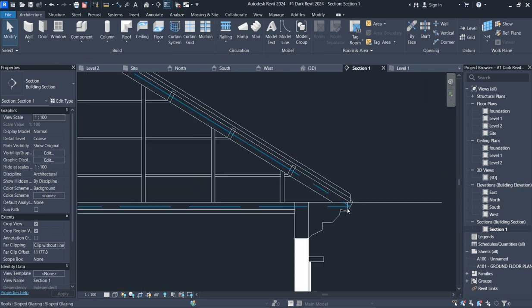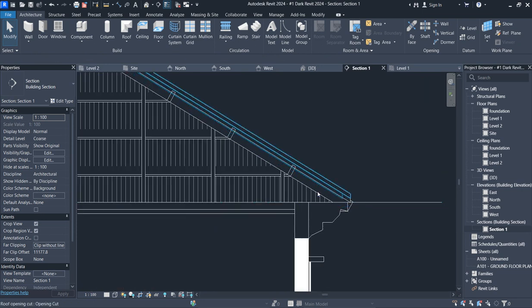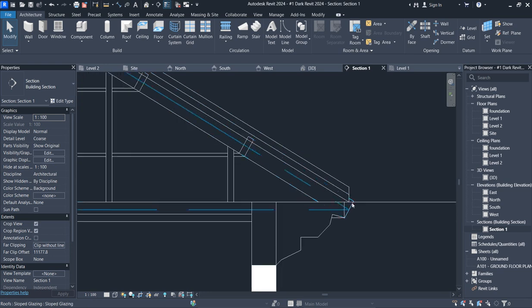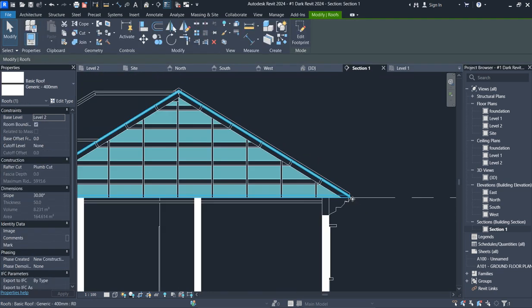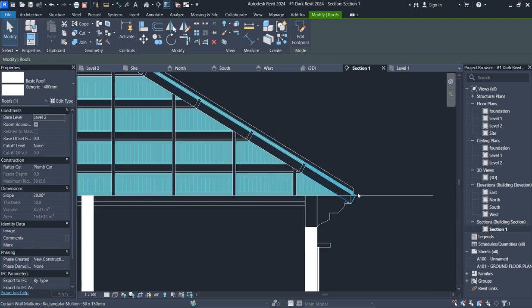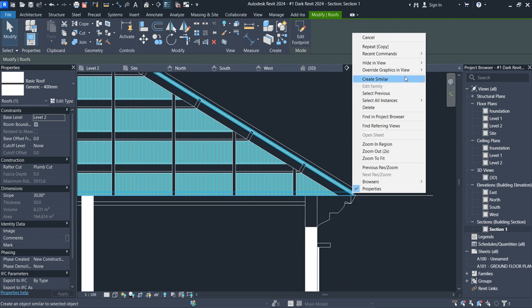So as I have done this one now, the next thing I need to do is to select this roof. I don't know, maybe it will work. So as I've selected this here, now what I need to do, because I want to delete all these lines, is select this and say